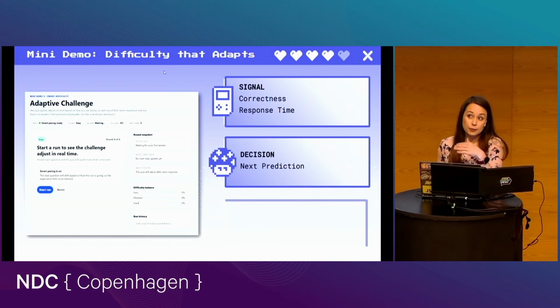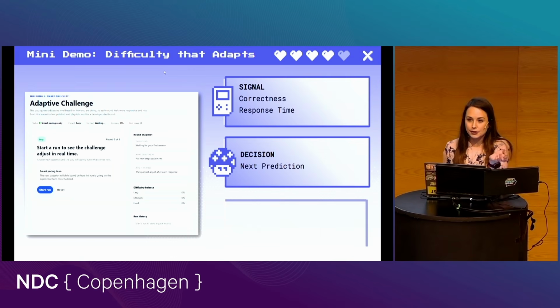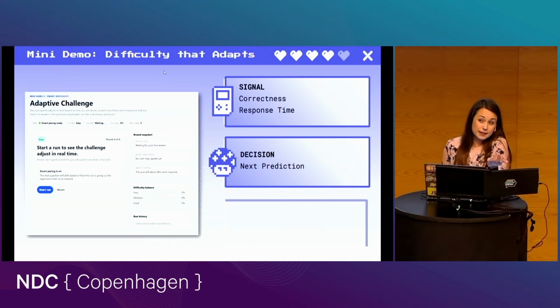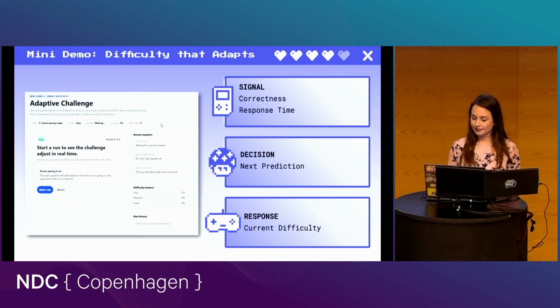And then it will make a lightweight prediction based on that about what should happen next. So if you took a really long time to answer a question but you got it right, maybe it'll keep you at the same difficulty, maybe not, depending on how long that exact time is. And heads up, we are using TensorFlow for this. That changes the feel of the experience, because the challenge can adjust and change the difficulty level, so you feel like you're having a better experience. All right, let's check it out.